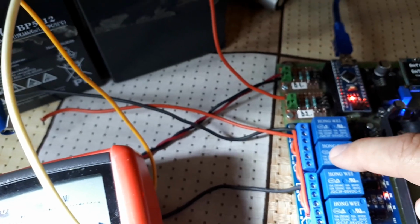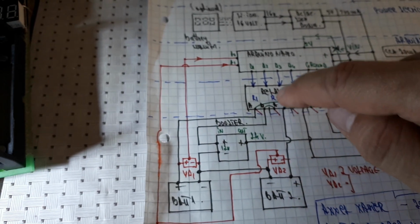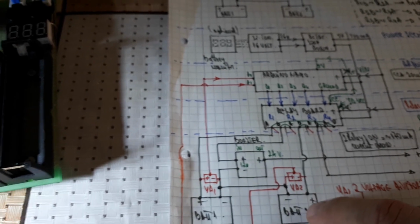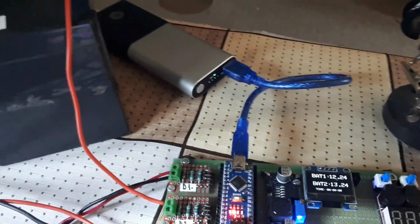And option number 2, I'm going to remove all this wiring for the voltage sense, because in the future all of these wires will be connected on the board. You can see on the schematic, here is connected to this wire on the plus of bus 2. So I'm going to solder directly on the back of this, so it will be smaller, just a few wires. Anyway,